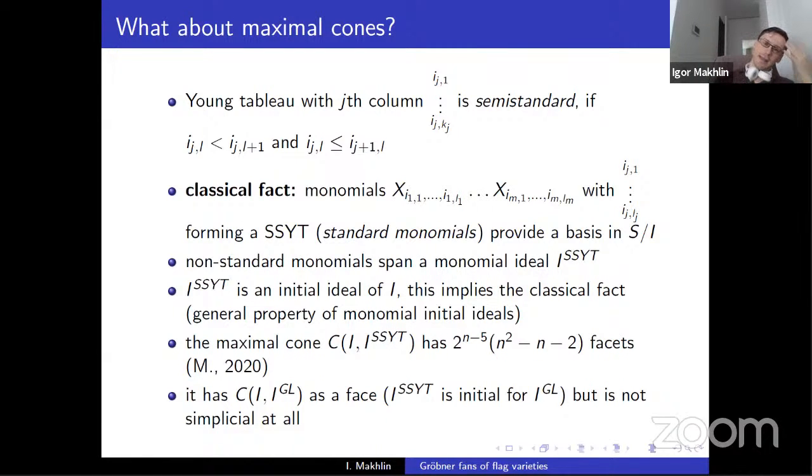And as I said, these maximal cones correspond to an initial monomial ideal. And the question is, well, to describe some maximal cone, we'll have to find some initial monomial ideal of the Plücker ideal. And what I want to say is that there is actually an initial monomial ideal that most of you know to some extent. I mean, it is related to a very classical fact, namely that,